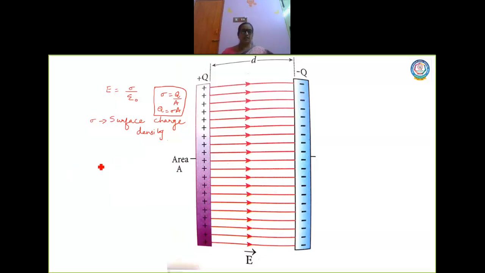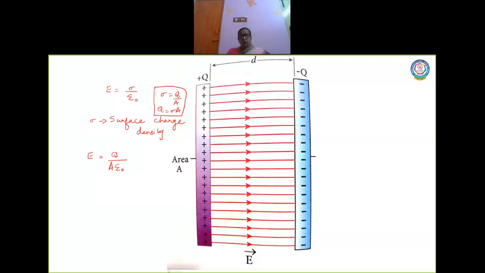So in that case, what will be the electric field formula now? E is equal to, substituting sigma as Q by A, and I have epsilon naught. So this is the electric field between the plates, and inside it will have the value E equals Q by A epsilon naught, where epsilon naught is nothing but the permittivity of free space or permittivity of air. Is it clear? You know the value, 8.854 into 10 power minus 12. So this is the value of permittivity, right?